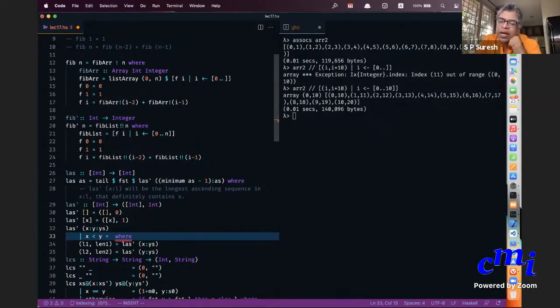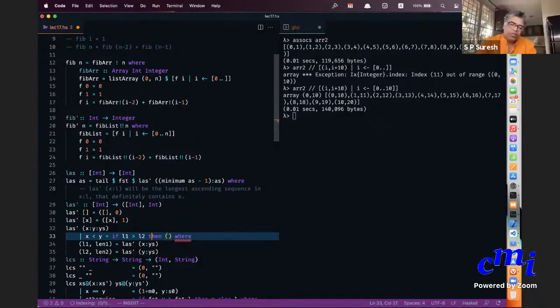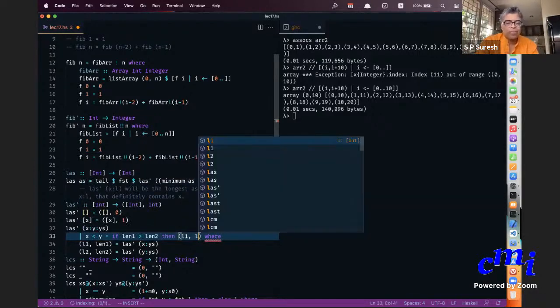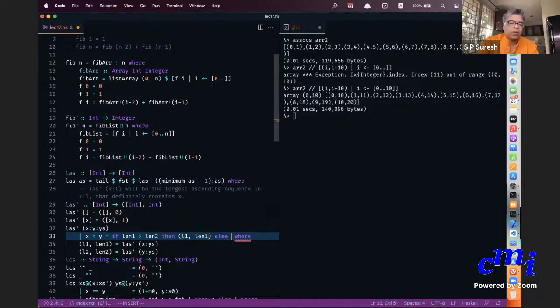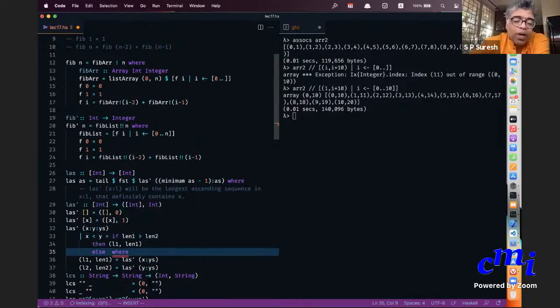So if len1 is greater than len2, where L1, remember, is ignoring y, then you are just going to return L1 comma len1. Else, remember, your L2 comma len2.